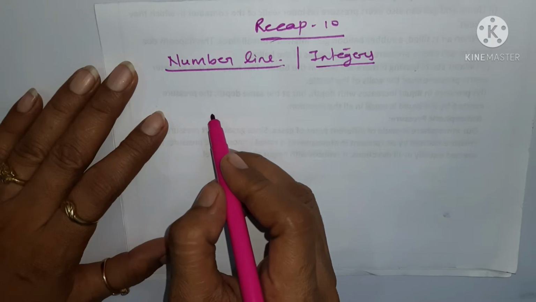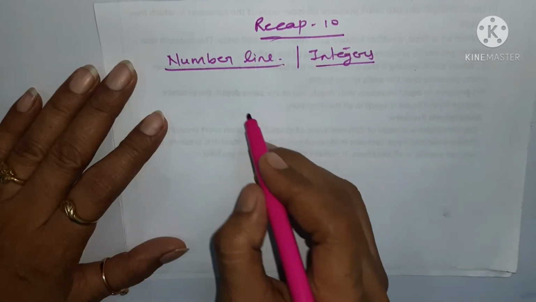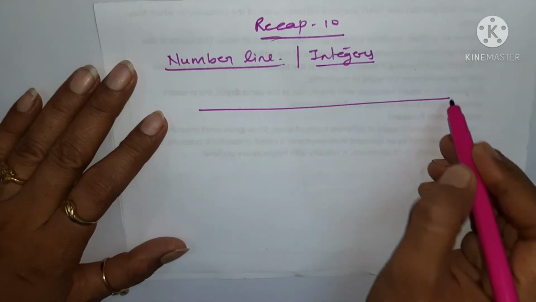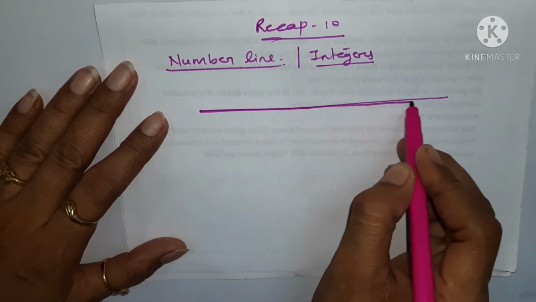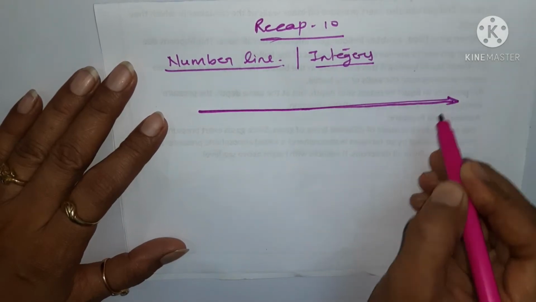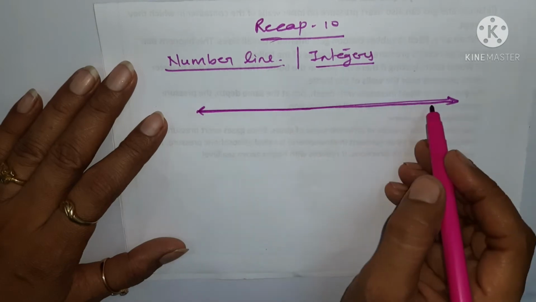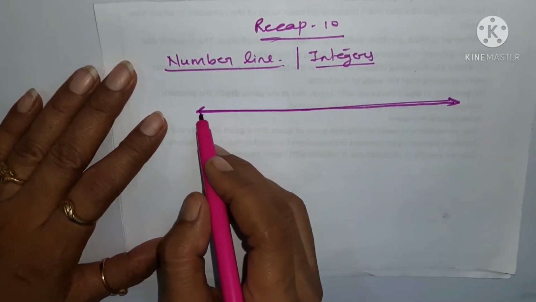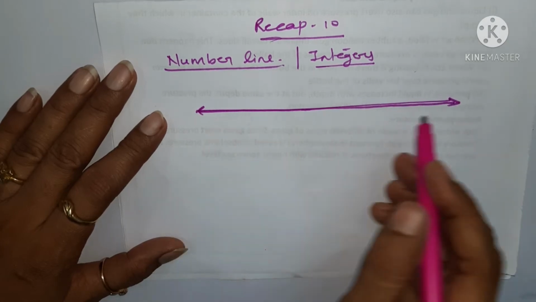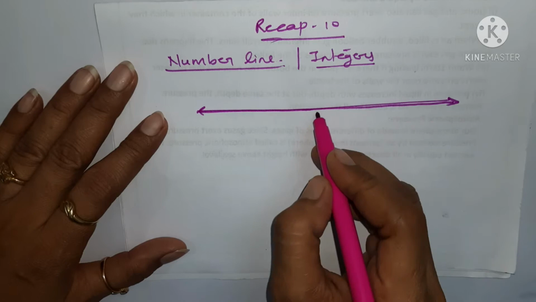Since we know that integers are a group of negative numbers, 0 and positive numbers, we will draw a line. You have to understand that it is a line which you are going to draw. It means it is open towards both sides. You can see the arrow is on both sides. Never ending is the process in this case.